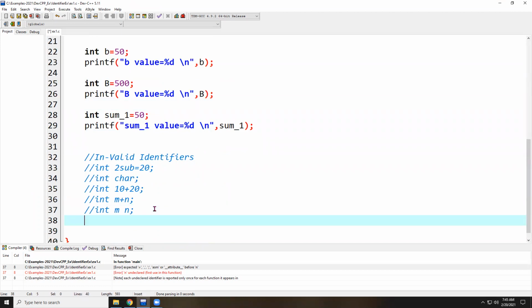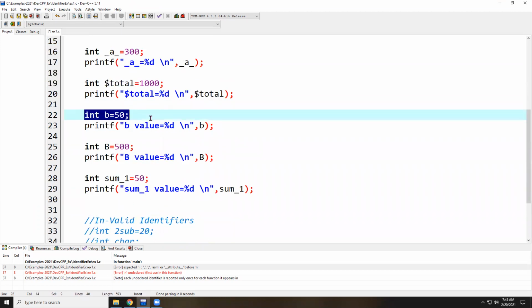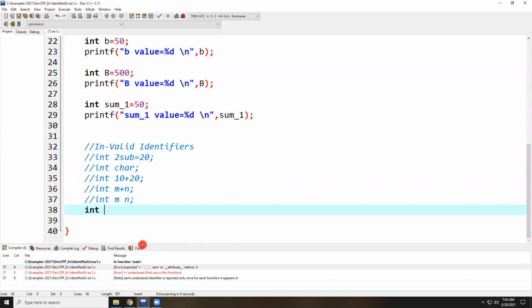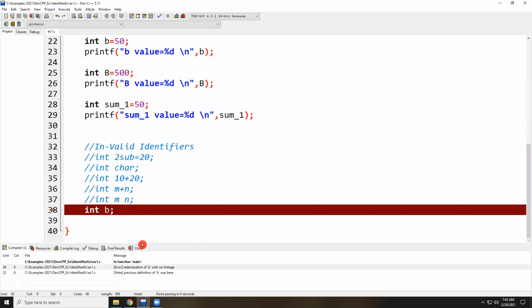Suppose I give a duplicate identifier name. Observe another example. Already b is declared, right? Suppose I declare another variable, int b. b is already declared. If I try to declare it again, we get a compile time error: redeclaration of 'b' with no linkage, previous definition of 'b' was there.